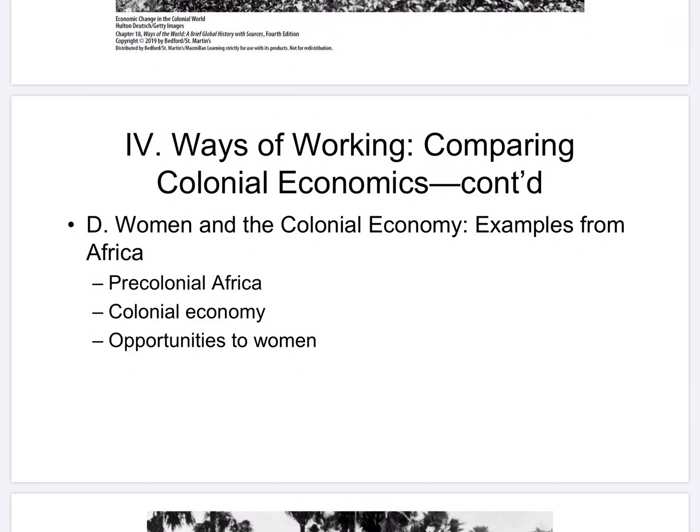All right, women in the colonial economy. Examples from Africa. In pre-colonial Africa, women were usually active farmers, and they had some economic autonomy. But in the colonial era, women's lives diverged even more from men. Men tended to dominate the lucrative export crops, and women were left with almost all of the subsistence work. Large numbers of men, sometimes a majority of the population, migrated to work elsewhere, and women were left at home to cope, including supplying food to men in the cities.